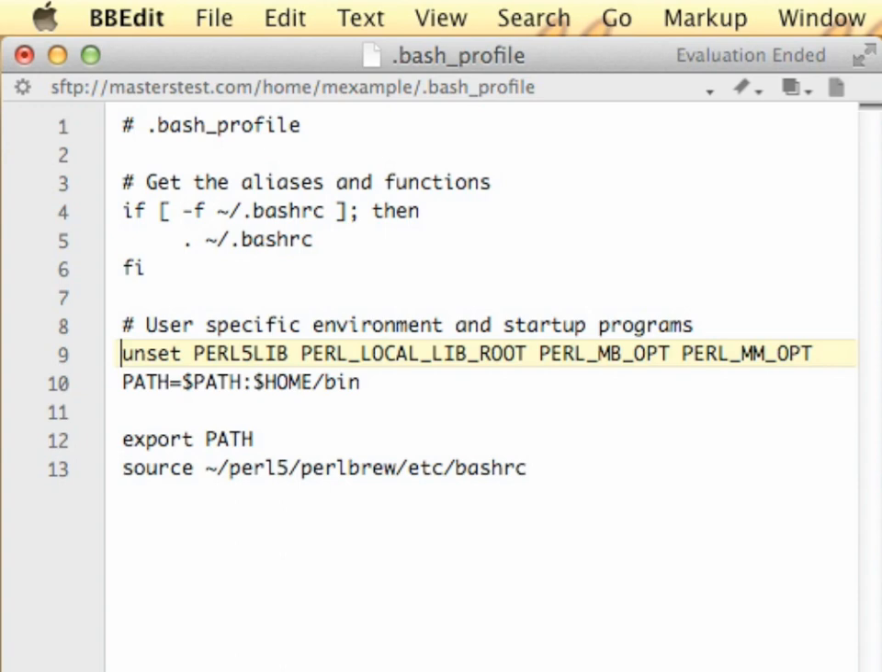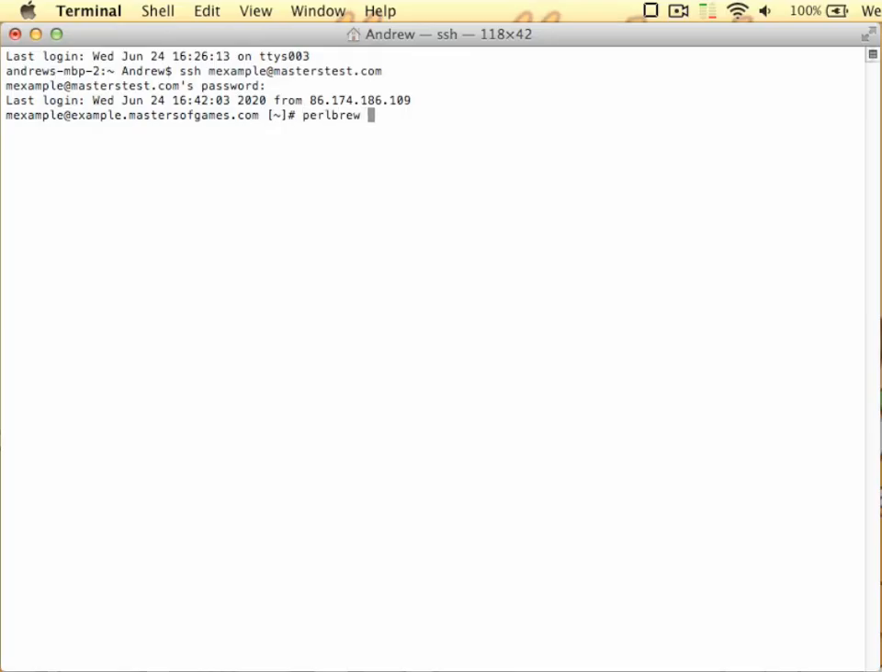Remember the variables we unset? They were telling cpanm to install modules to folders that were not in the Perlbrew folder. That wasn't helpful when installing modules to Perlbrew, so we unset them. What happens when we want to install modules to System Perl and do not care about the Perlbrew folder? When turning Perlbrew off